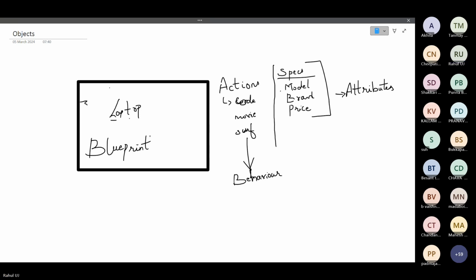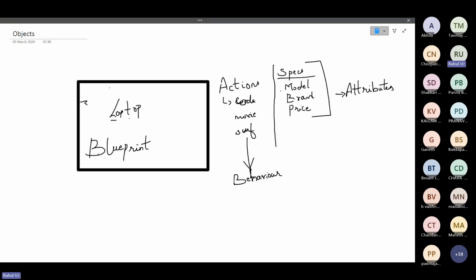Where should the front camera be? Where should the speakers be? Where should the ports be? Without a blueprint, can we manufacture anything? Cars, bikes, or buildings cannot be constructed without planning. Every object should have a plan for how it has to be created.